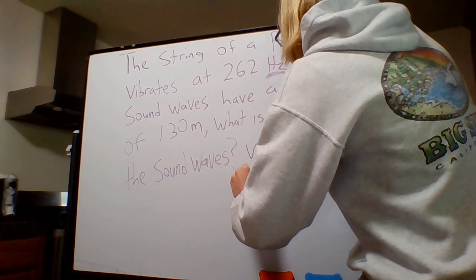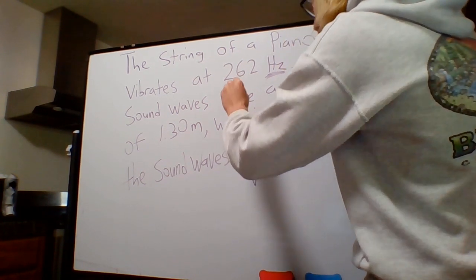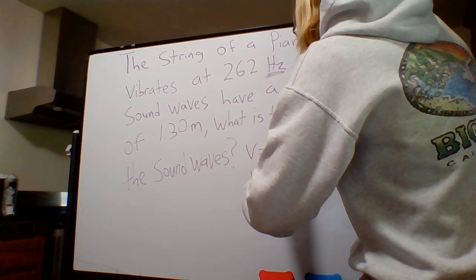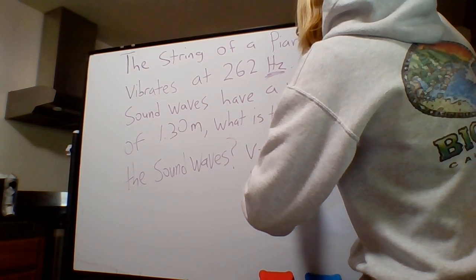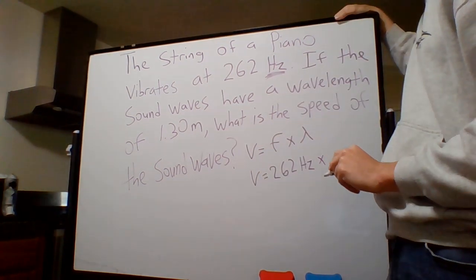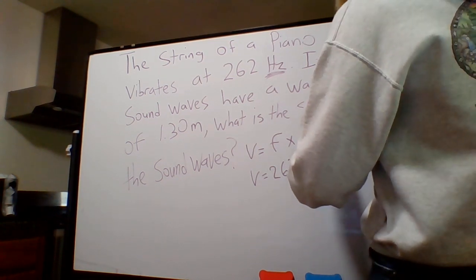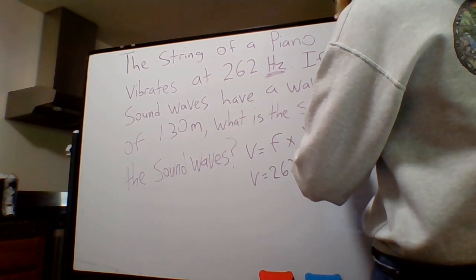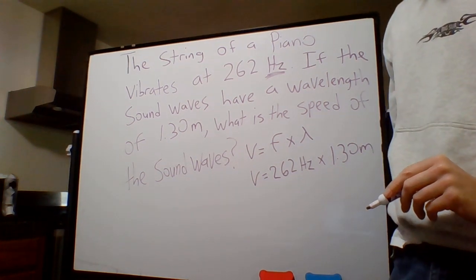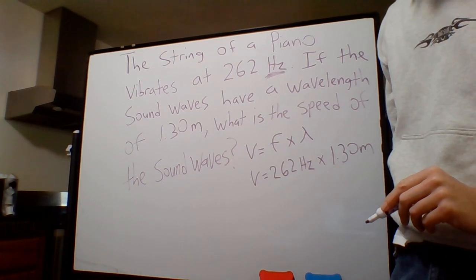So that means that V equals 262 hertz times, and they want the wavelength, and it's given in the problem. The wavelength is 1.30 meters. So all you have to do is the multiplication of 262 times 1.30, and